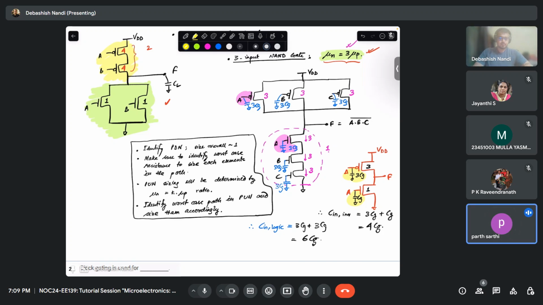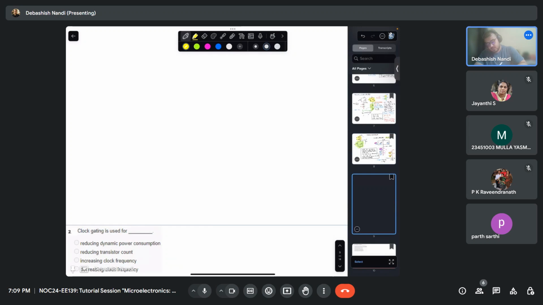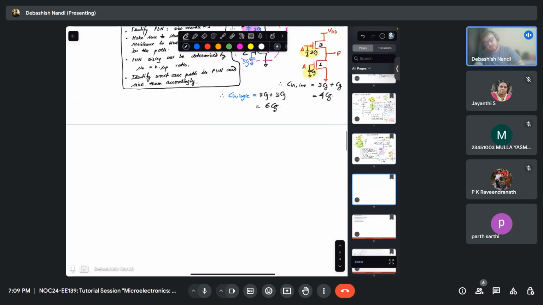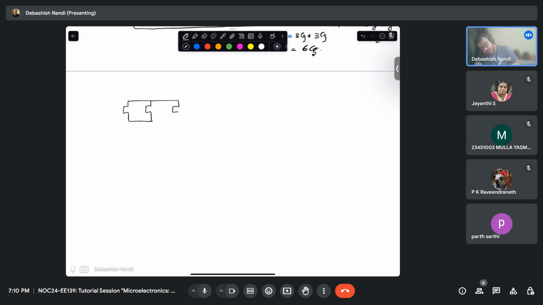Sir, you said shorted. What is shorted? All three shorted. No, no, all three not shorted. Shorted means, suppose, okay, just let me show you. Means when you fabricate your NAND gate, right? So you will have this kind of connection, let's say